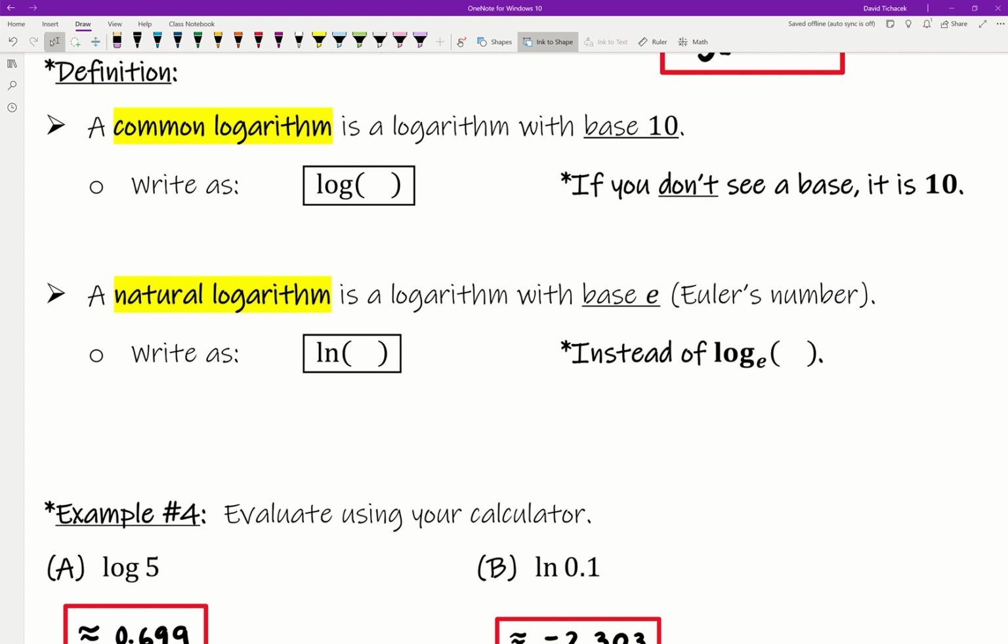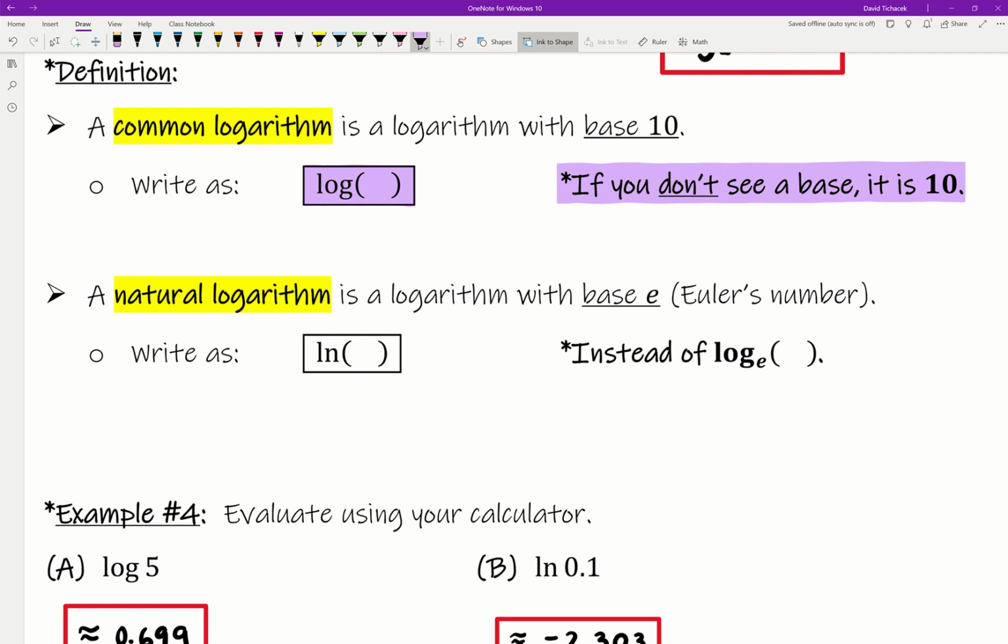And basically what sets these logs apart is just how frequently they come up in natural mathematics. So the common log is something that has a base of 10. And so we give this a special notation, and we just call this log without a base number written there. So if you ever see that, then I want you to think of this right here. If you don't see a base, then automatically assume that it's 10, and again, that's called the common log. Now, different from the natural logarithm, which actually has a base of Euler's number,